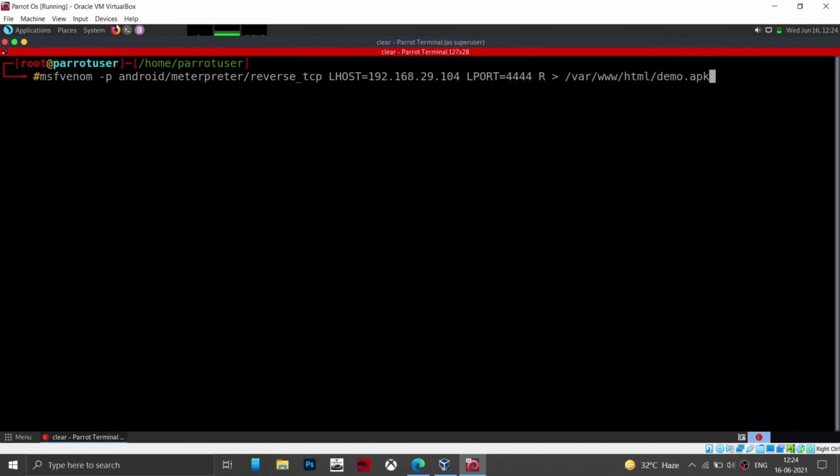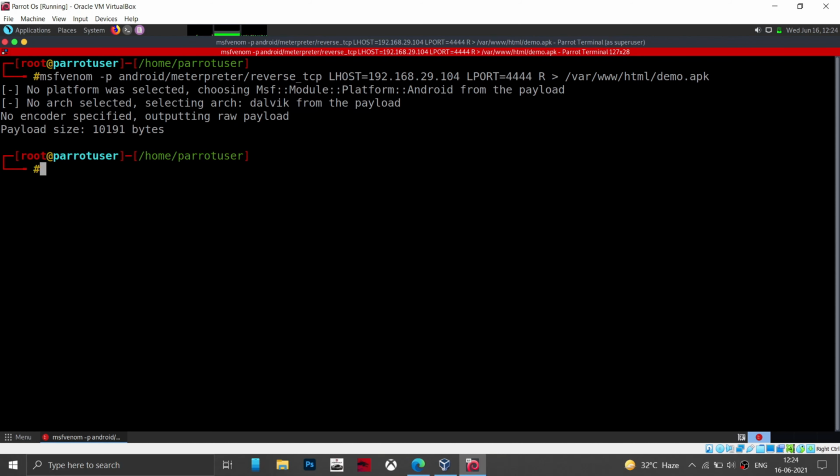Remember, the payload is always an apk in case you are going to hack an Android device. Now hit enter. This will generate the payload in a few seconds, I guess. Yeah, done. Now what you have to do is start Apache: service apache2 start.